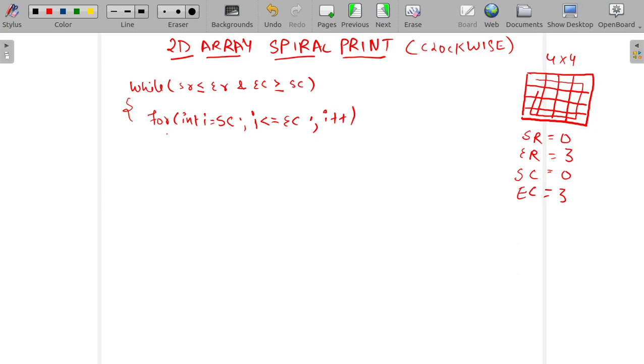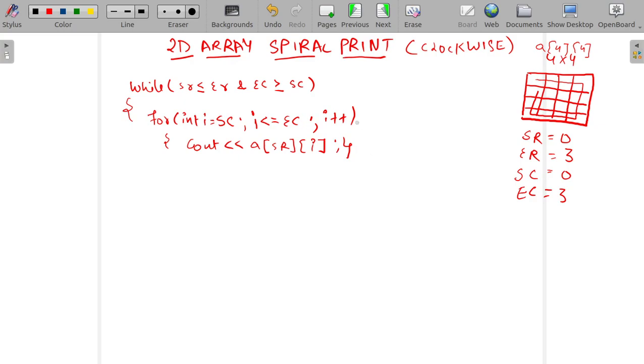So what we will do is we will print a of, let's suppose the array is a of 4 4, so we will print a of start row with the iterating value of i in columns, right?